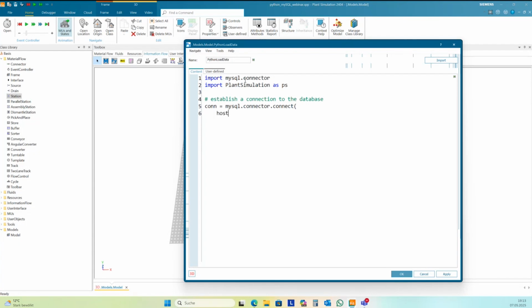Host is, in my case, localhost, because the database server is running on my computer here. Otherwise, you need to set here the IP of the database server.